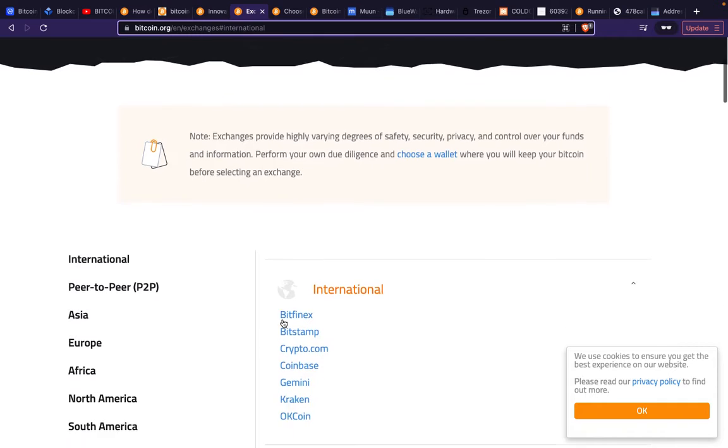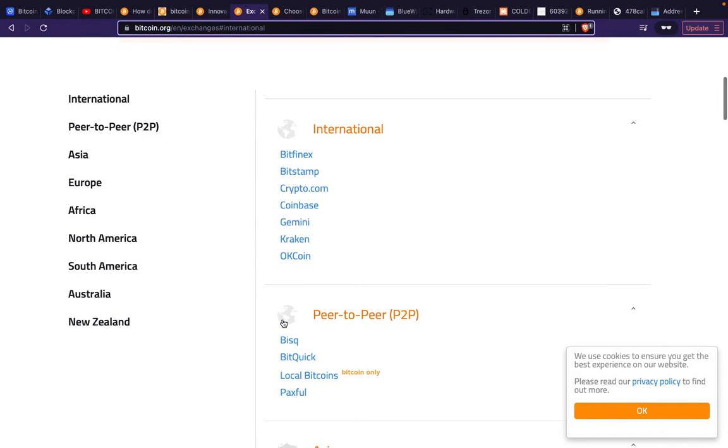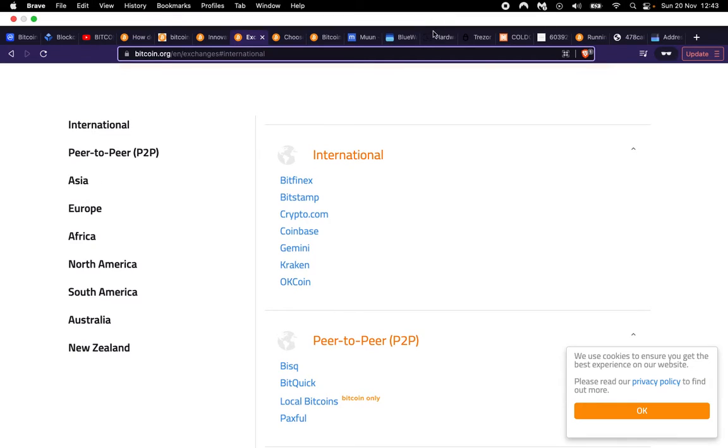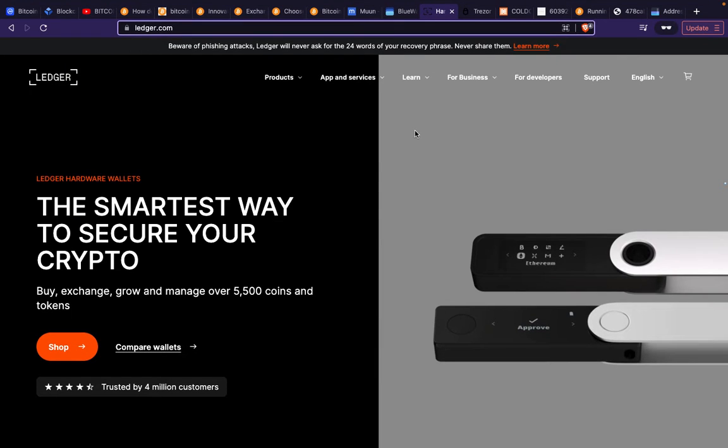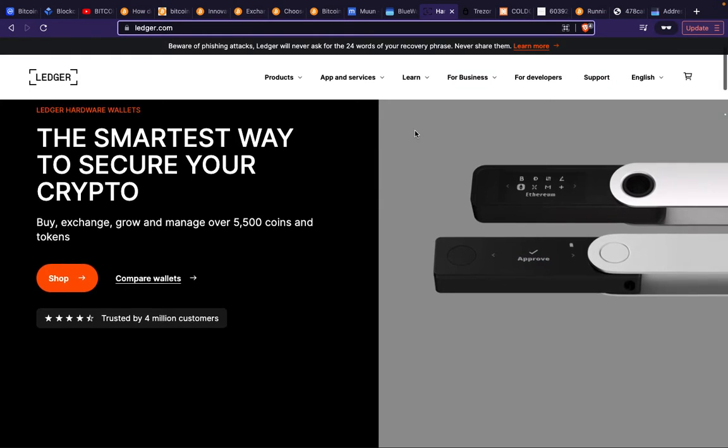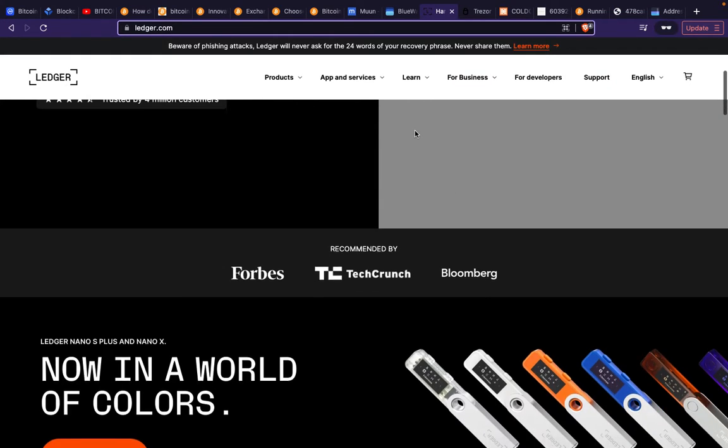Now, if you want to exchange, if you want to buy Bitcoin, right? You want to get Bitcoin. There are so many exchanges. Some of them are decent. Some of them are better than others. You have to be careful not to leave your coin there. If you leave them in whatever the exchange is, you're playing with fire. That's why you use a cold storage wallet. If you have a huge amount of Bitcoin, you'd better send it to a wallet that you hold yourself in your hand.